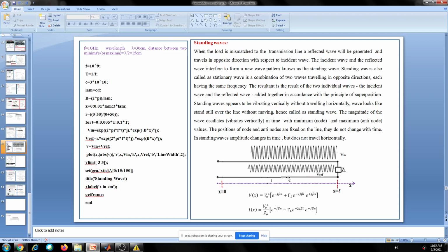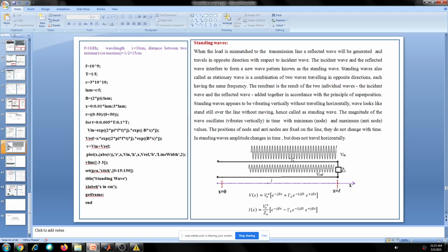Okay, if you add these two waves, what is the resultant wave with respect to time? With respect to time, they are moving also. Here the time variation, e to the power j omega t, we removed because it is common for both; both are moving here. What is the resultant wave if you add these two? How does the wave look over the line? Because at any position, it is the addition of these two. So that is the wave traveling on this line, the voltage variation over the line here.